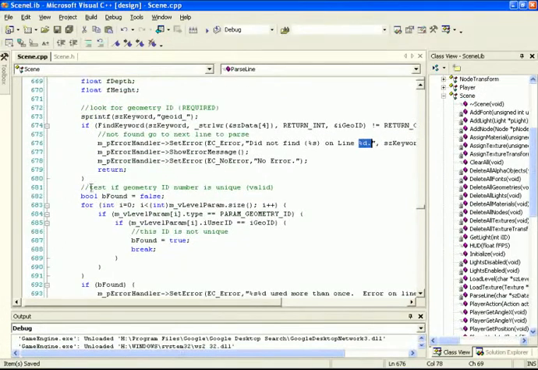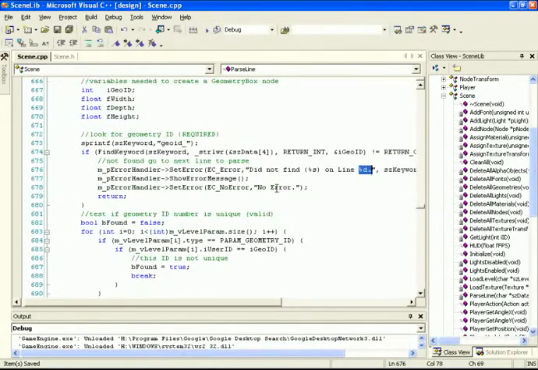We then test to see if the geometry ID number is unique. Now, inside of the LVL file, you can have multiple boxes and multiple cylinders and multiple grids and so on. And each of those have to have a unique ID number, or else the parser will get confused in terms of when you want to associate a shape with box GeoID number 1, is it the first GeoID number 1 that you specified, or is it the second GeoID number 1 that you specified? So to prevent that from happening, you must make sure that all the ID numbers inside of the file are unique. As a matter of fact, let's go into,